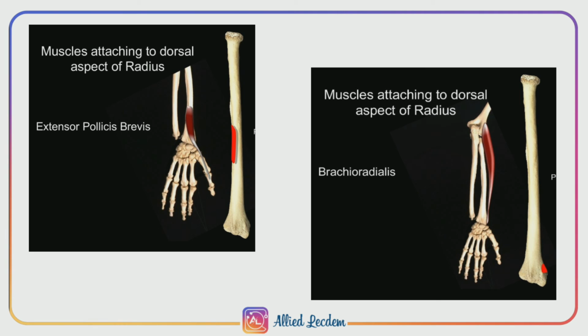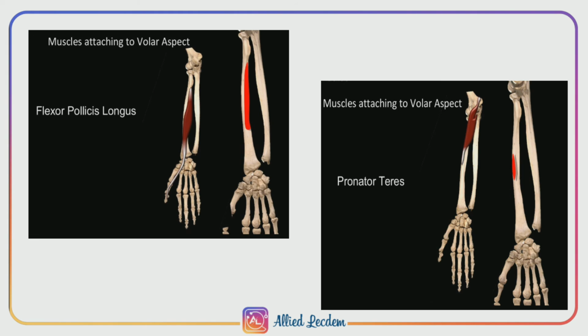In short, muscles of the anterior forearm are biceps brachii, brachialis, brachioradialis, triceps brachii, flexor carpi radialis, flexor carpi ulnaris, palmaris longus, pronator teres, pronator quadratus, supinator, flexor digitorum superficialis. The action of biceps brachii is flexion of the arm at the elbow. Brachialis, flexion of the arm at the elbow. Brachioradialis also flexion of the arm at the elbow. Extension of the arm at the elbow is performed by triceps brachii.